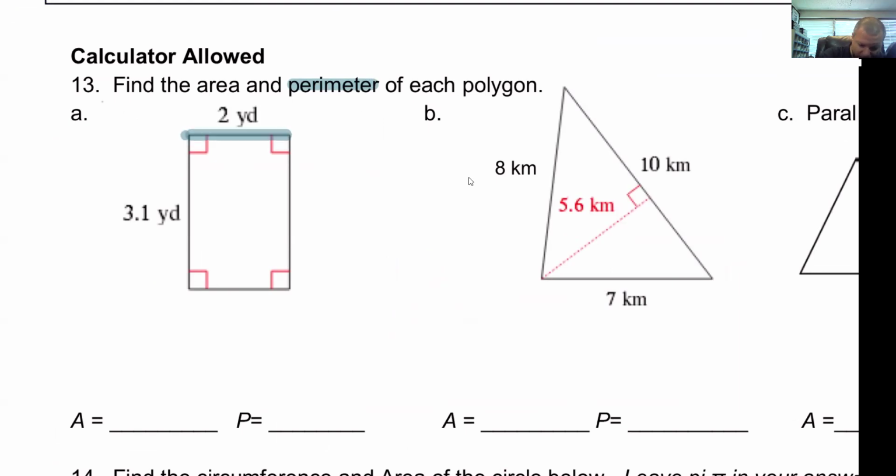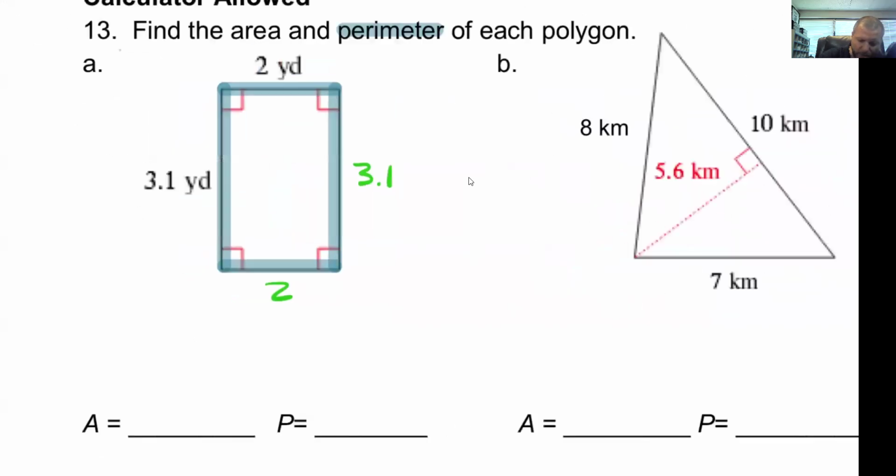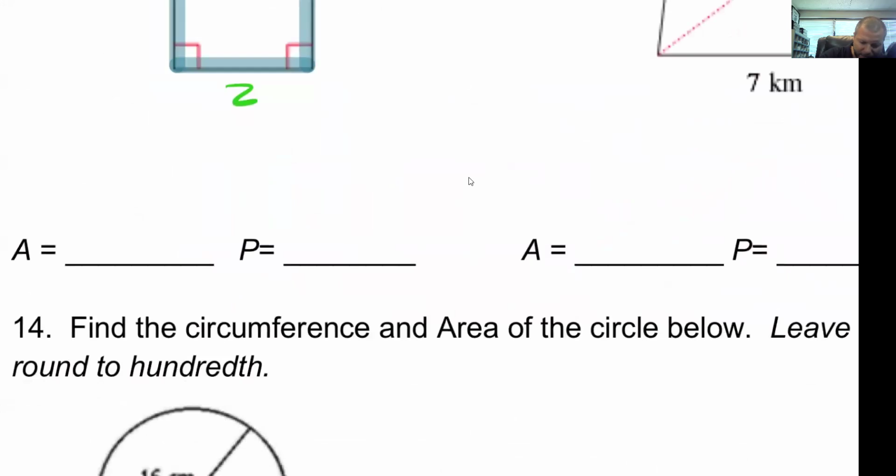So in example A, it's a good idea to label the other sides just in case. Right, so I'm adding up each of these different side lengths: 2 and another 2, a 3.1 and another 3.1. Whoops, this is not playing nicely. There we go. Beautiful. Right, so our perimeter, if we're writing things out like professionals, is 2 plus 2 plus